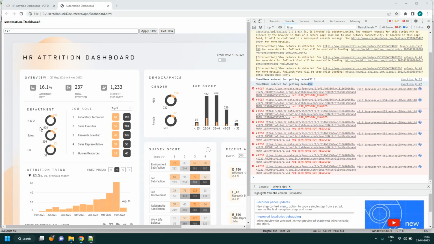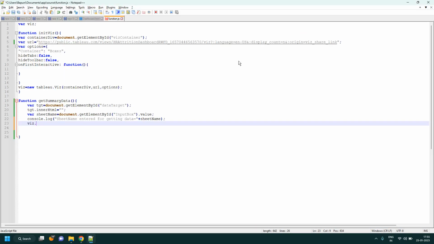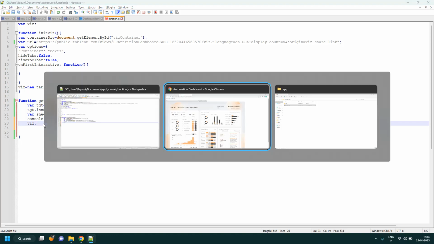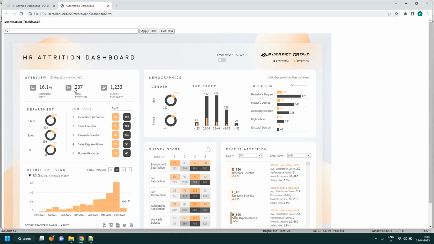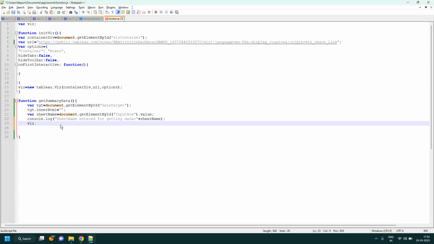Viz is the entire dashboard, this thing where we have embedded. This is the viz, because we can see the visualization variable we have taken, a new Tableau page, there we have loaded. In that container we loaded this URL. So viz is the entire Tableau dashboard loaded in that container. Then within the viz we have to get this data. So write viz dot get workbook,